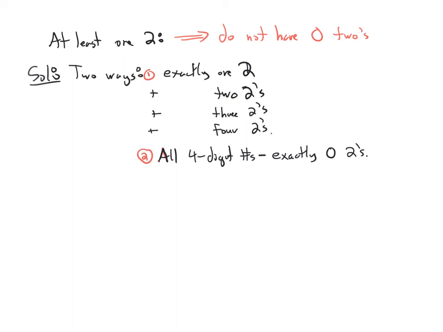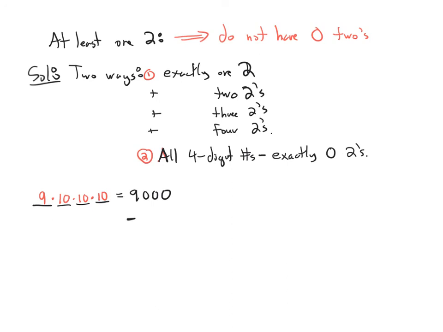Okay, so all 4-digit numbers, here's our 4-digit number. Remember, there's no restrictions except it can't start with a 0. So we have 9 choices for our first digit: 1, 2, 3, 4, 5, 6, 7, 8, 9. 10 choices for our second: 0, 1, 2, 3, 4, 5, 6, 7, 8, and 9. And 10 choices for our third. And 10 choices for our fourth. So how many 4-digit numbers are there? There are 9,000. And we need to subtract